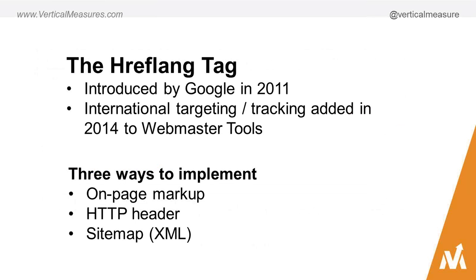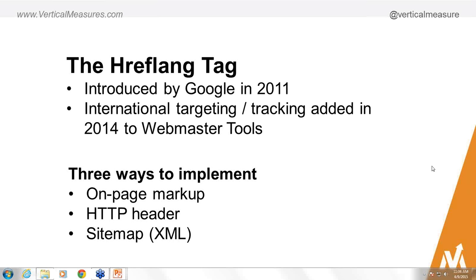All right, thanks, Art. The Hreflang tag was introduced by Google in December of 2011. When implemented correctly, this tag specifies what language is used on the domain or individual web page, therefore helping Google determine which version of a website to show to a user in their search results based on that user's location and language preference.